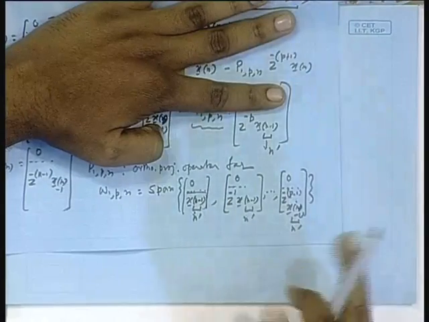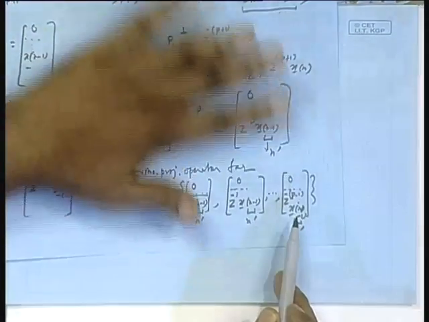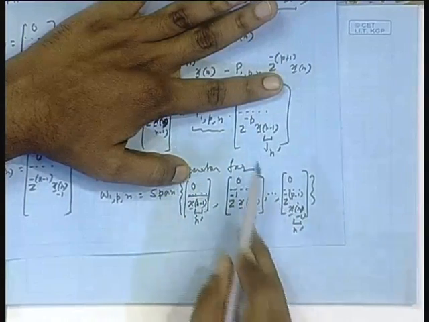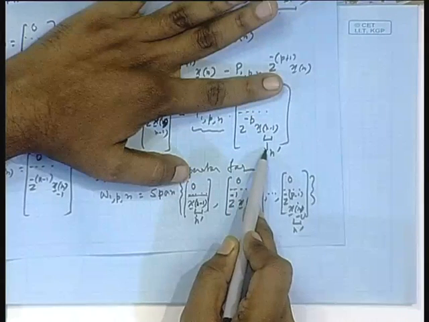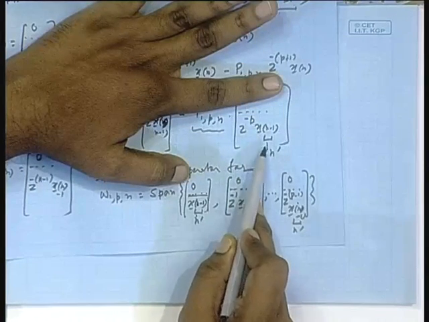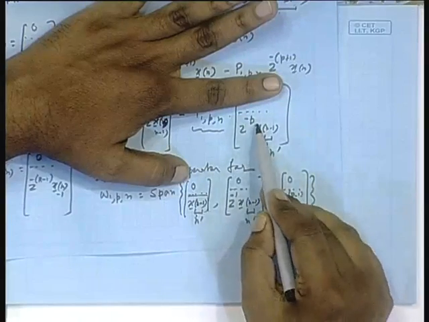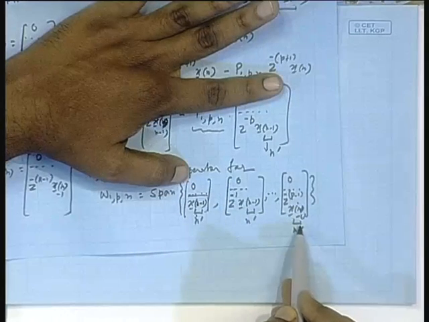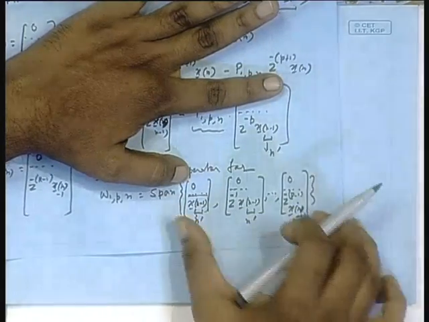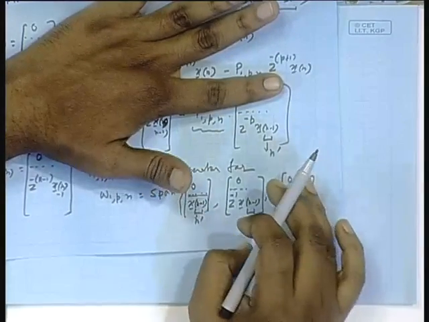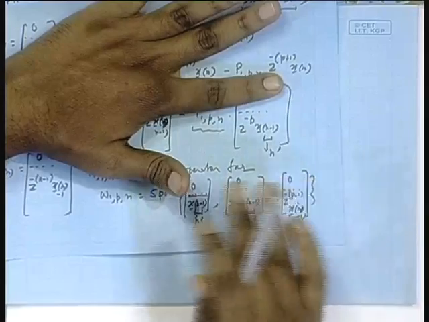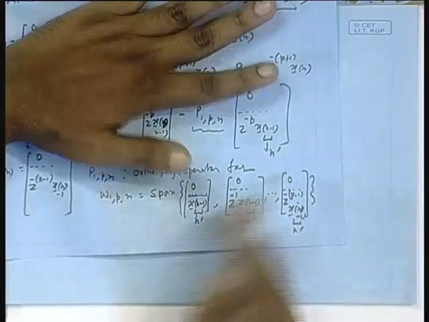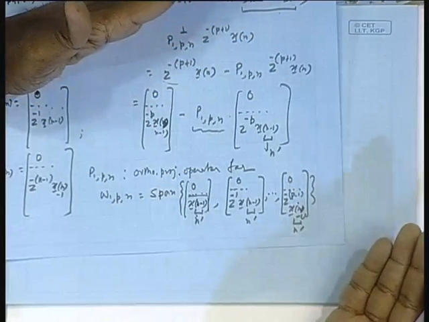Is this clear? You are combining them, you forget about the top, combining them by a set of coefficients, taking the difference of that from this, n prime is the current index. Z inverse P x n prime means what? What is the last entry? X n prime minus P, and what are the entries here? N prime minus 1 up to n prime minus P plus 1, so on and so forth. So, finding out the errors, squaring up the error, summing them, weighted sum, minimizing. This top fellow you forget, but that is what you do in that Pth order backward prediction computation.